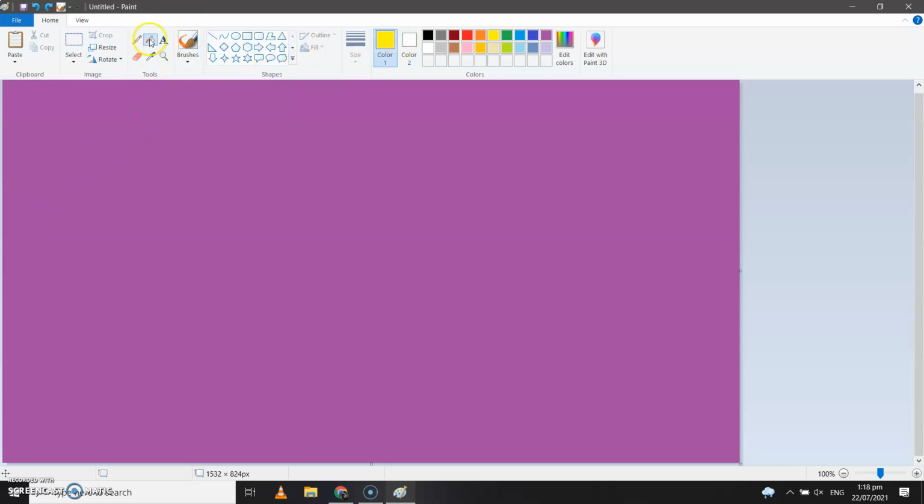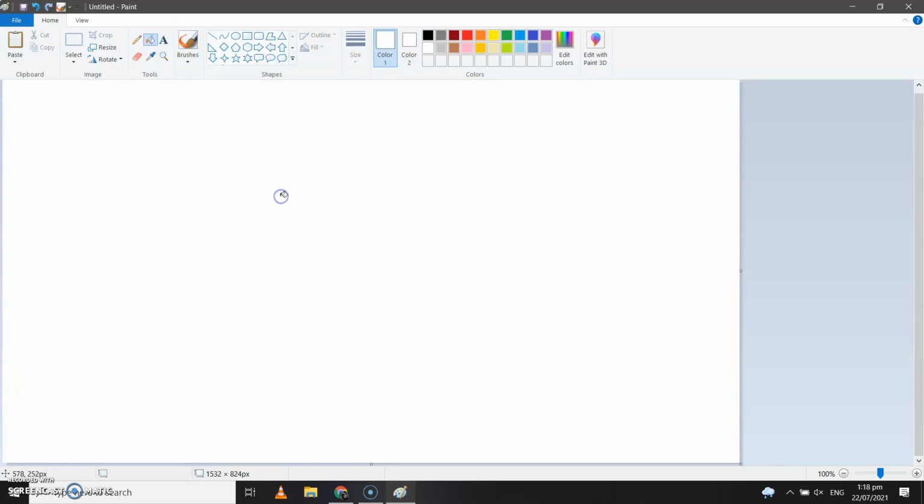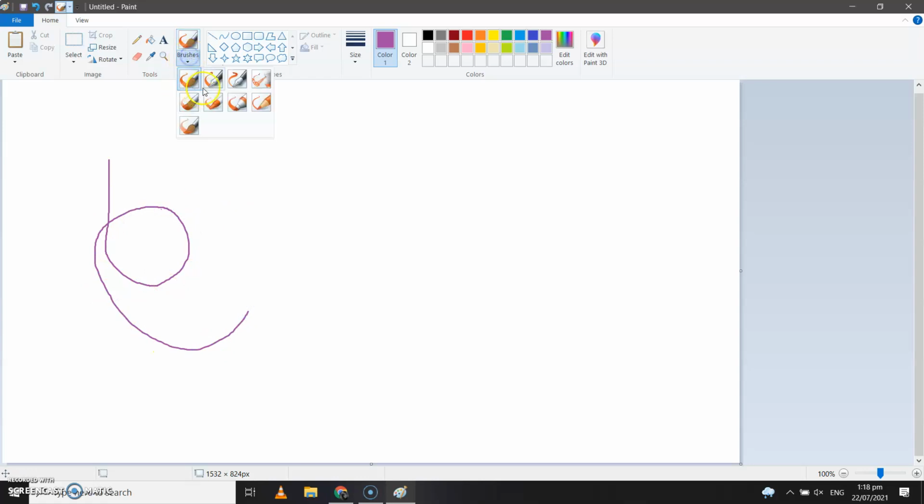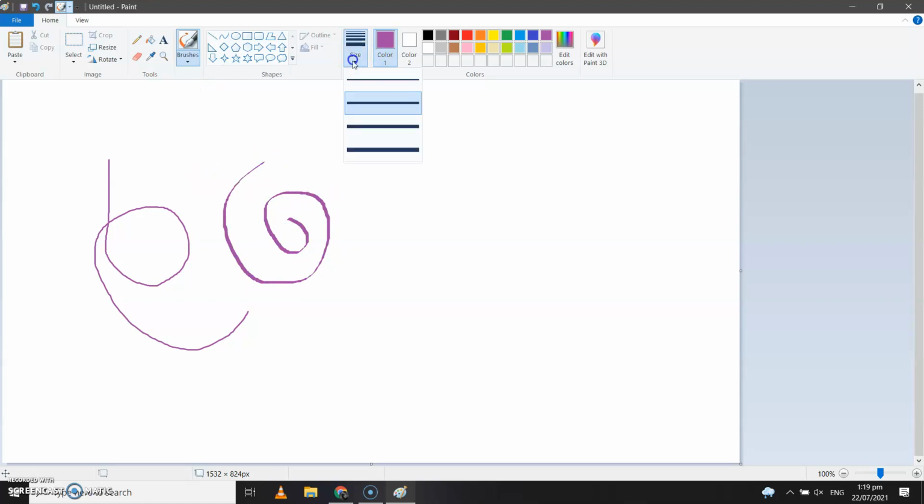Now let's change the canvas color to white once again. We have so many different brushes. So for brush, let's use a red color or a violet color. And let's see what are the different brushes that we have. So this is how this looks. Then if I use this one, this is how this looks. You can change the size also from here. You can make it thicker, you can make it thinner. Let's see how this brush looks.